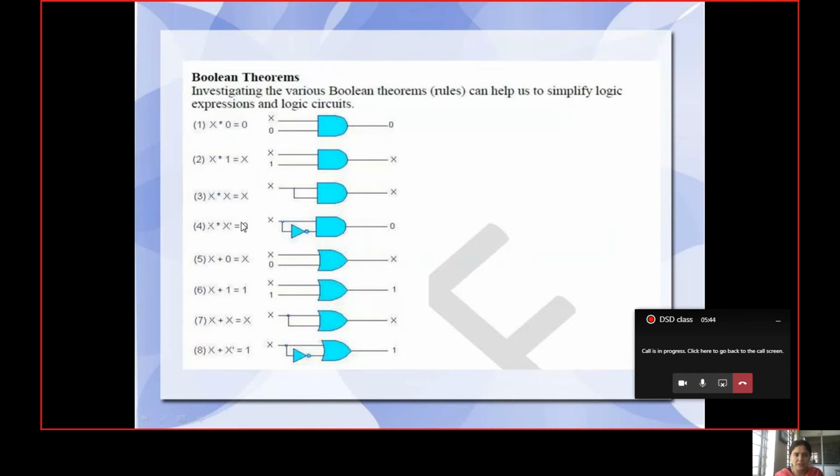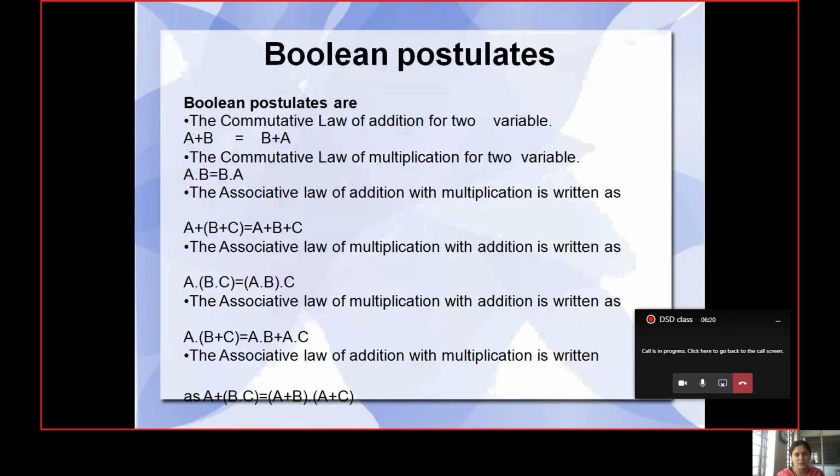In the same way, what we have seen is with regard to the AND gate. In the same way, for the OR gate, x plus 0 is equal to x. X may be 0 or may be 1. If suppose x is equal to 0, output will be 0. That is 0 plus 0, it will be 0. If x is equal to 1, 1 plus 0, it will be 1. Okay. So in the same way, x plus 1 is equal to 1. Whatever may be the x, if x is equal to 0, 0 plus 1, again it will be 1. If it is 1, 1 plus 1, again it is 1. Okay. These are things you have already studied in your first year in basic electronics.